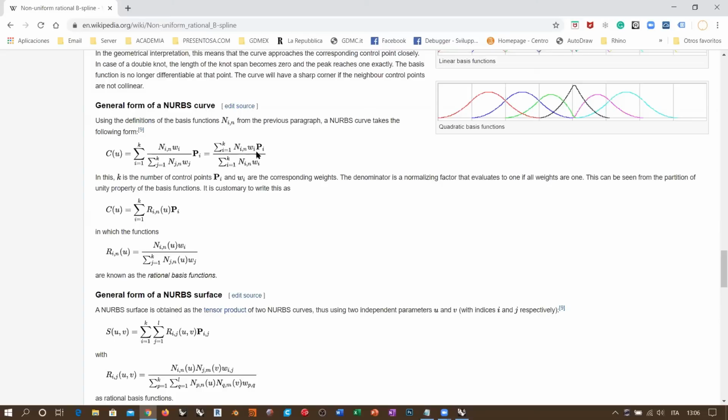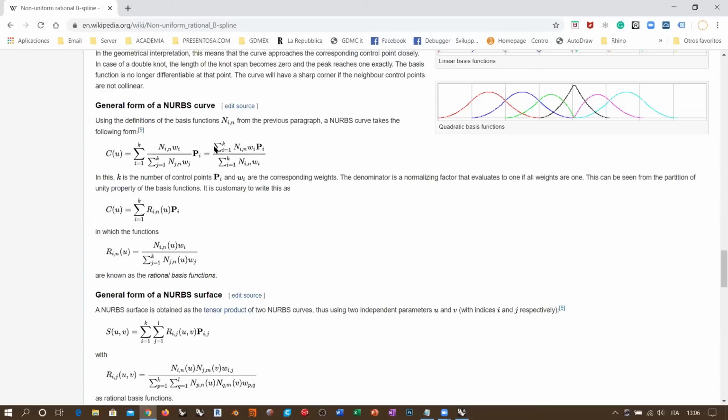So that's why when you increase, for example, from 1 to 2 all the weights of the control points, it's simply 2 by 2, and they simply go away, right? So they don't affect the shape of the curve. That's why the shape of the curve remains untouched when you increase or decrease or change all the weights of the control points. But if you change one weight for one control point, then this will become different,